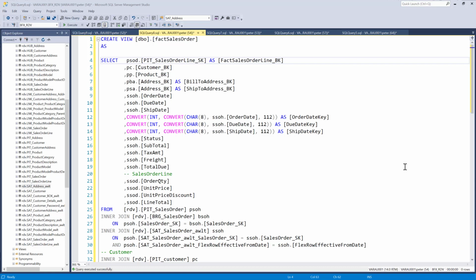Now that we've created the data vault and the business data vault constructs, we're going to go ahead and actually look at the data mart process. So the first thing you need to do to build the data mart is create the views that you need to load the data mart, and all of those views, the code for the views, are attached in the documentation. But let's have a quick look at just how you would build a view for a fact